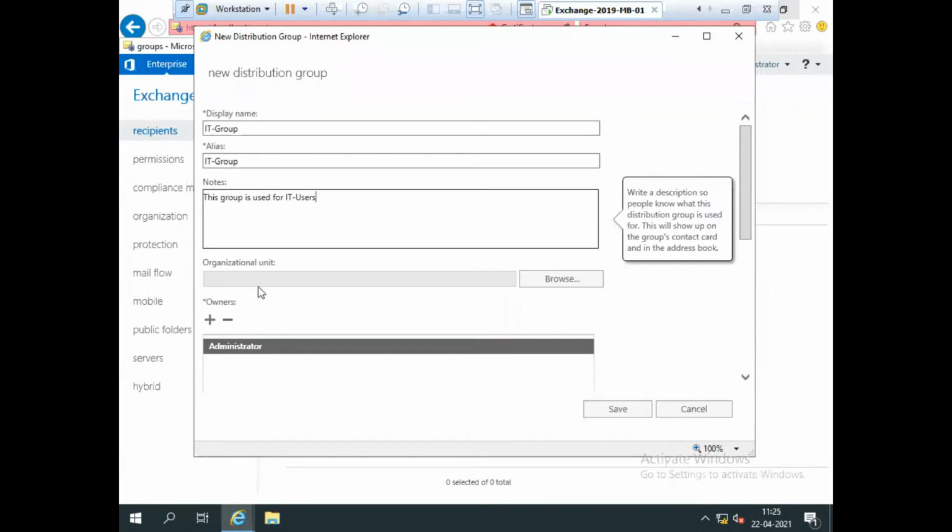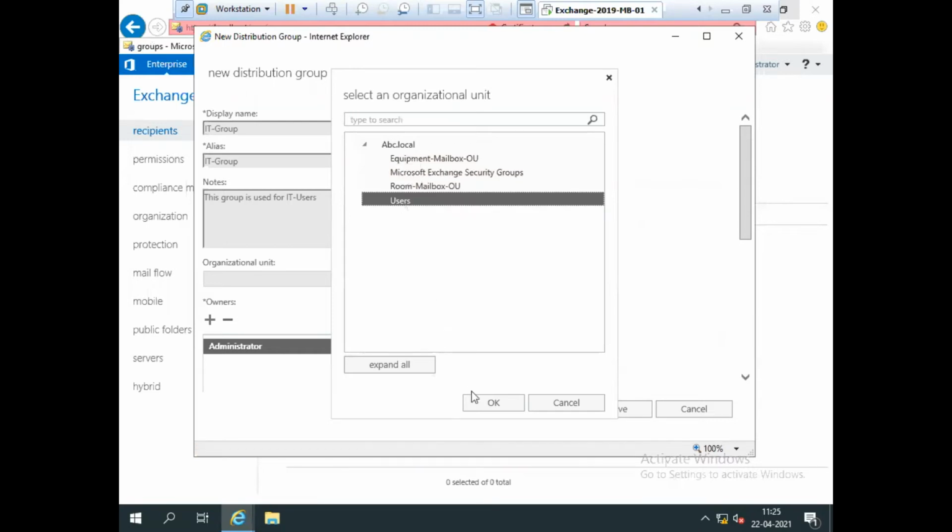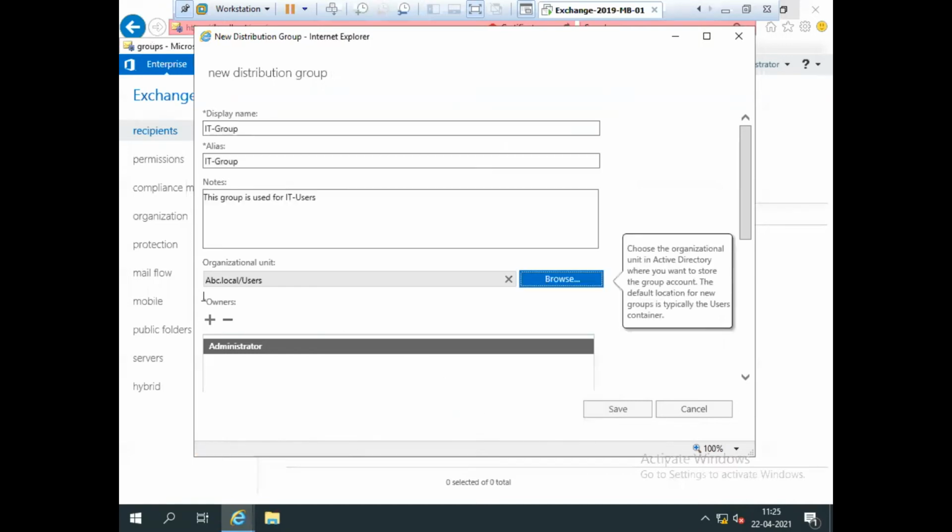Now we define the organizational unit where I need to put this group. I click on browse, and I want to save this group in the default users container. Once you click on users and click OK.